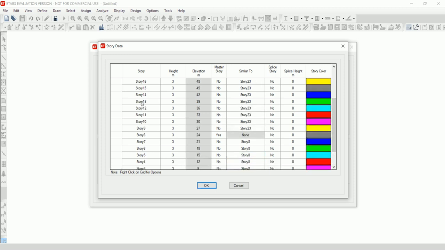Now, select Story 14 as the master story and set the remaining stories similar to Story 14.